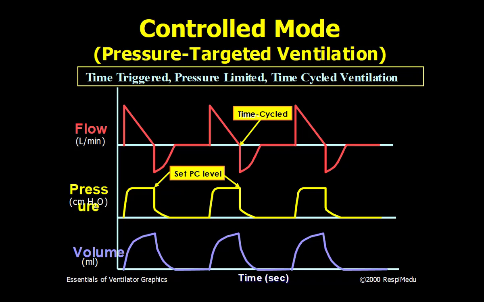A pressure targeted ventilation, like pressure controlled ventilation, is again time triggered, pressure limited, and time cycled. After specific inspiratory time is over, it will cycle on to exhalation. If it was volume assist control, then it will be patient trigger, yes,